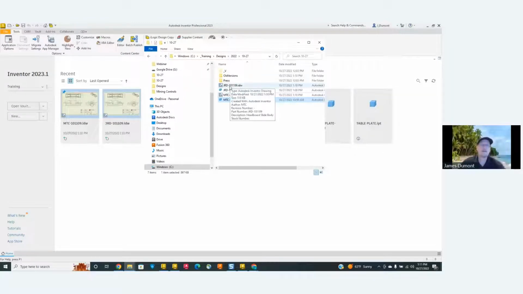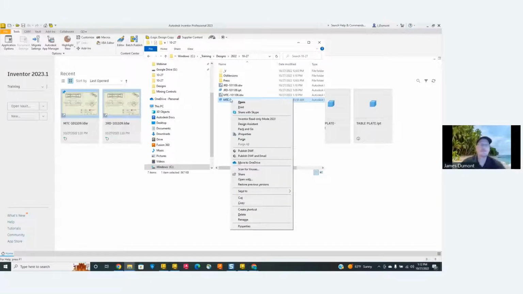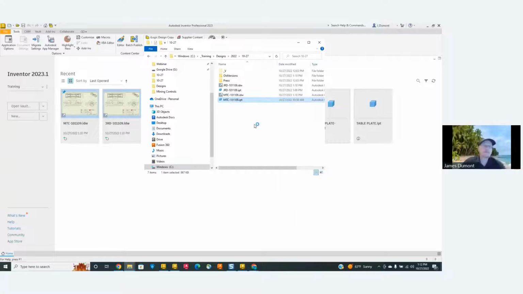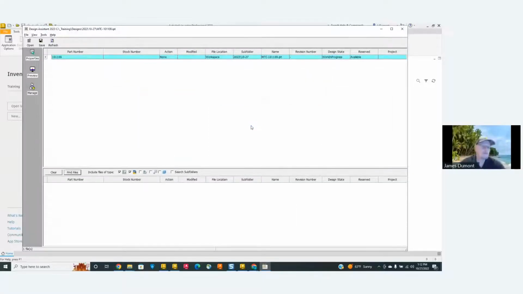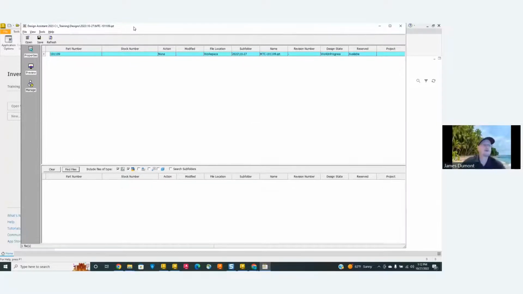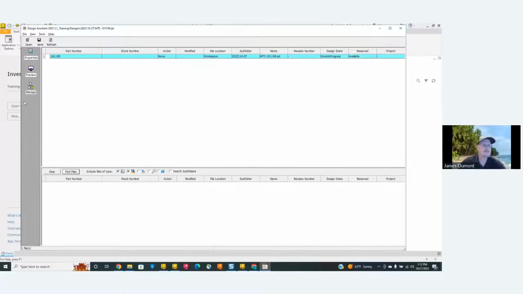Here's my original file. Those of you may have never seen this before. This has been around for years, even before Vault. It's Design Assistant. Design Assistant is in the Windows menu, and that's there only because you installed Inventor, and that's part of it. It's one of the things that it does when you install. Design Assistant is a tool that we used to use before we had Vault in order to do this. So if you've never seen this before, I don't recommend it because it's actually very clumsy. It's not intuitive. But again, if you don't have Vault, this is the strategy that you want. It's much better than doing the save as.